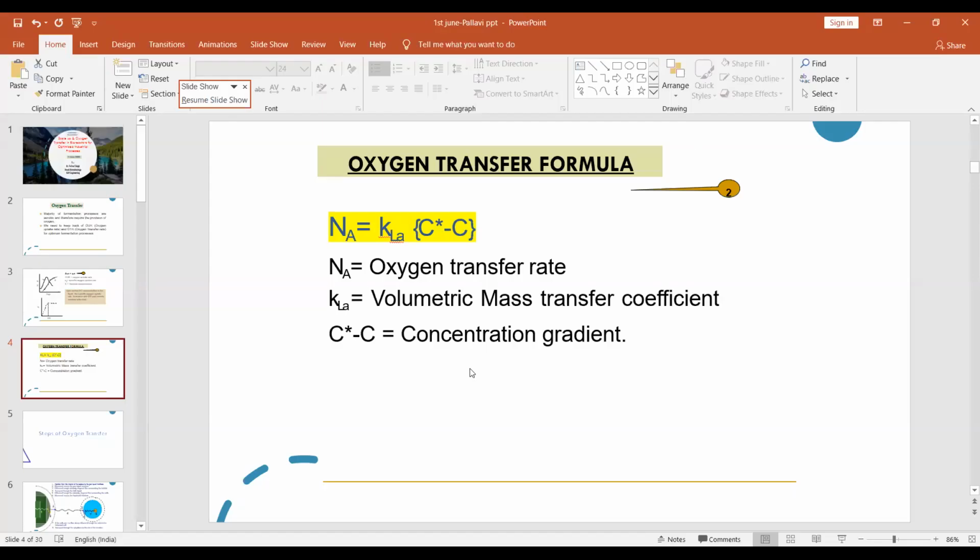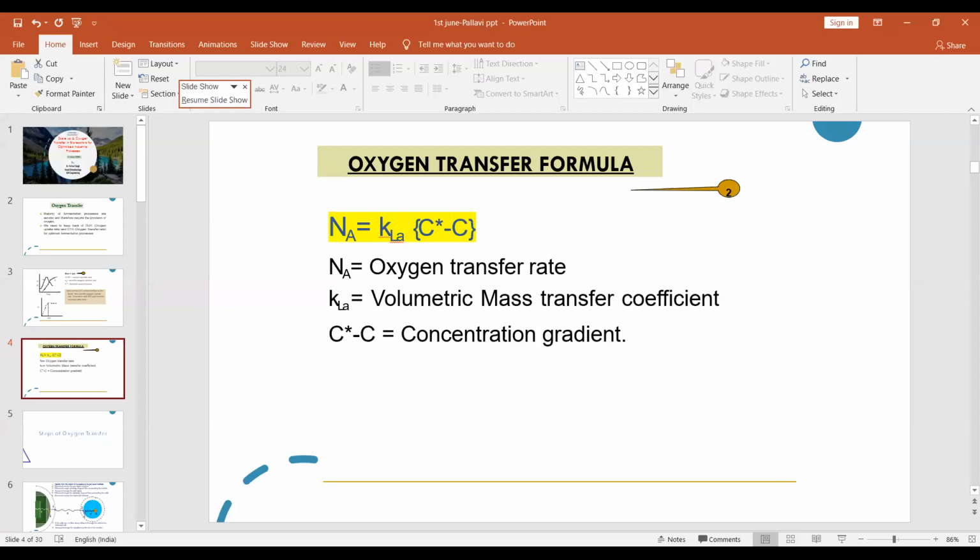I will cover critical oxygen and OUR. Now, a very important thing is what amount of oxygen is getting transferred in the reactor. What is OTR? So OTR is given by this formula. OTR is dependent mainly on two factors. C star minus C. What is C star? C star is the saturated or maximum level of dissolved oxygen possible in the bioreactor, and C is my actual concentration of the oxygen present in the reactor.